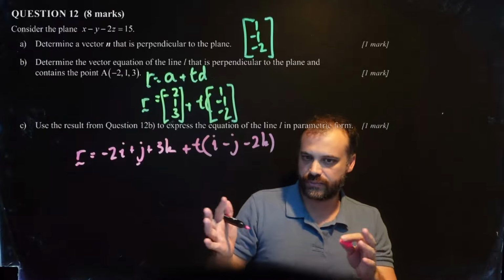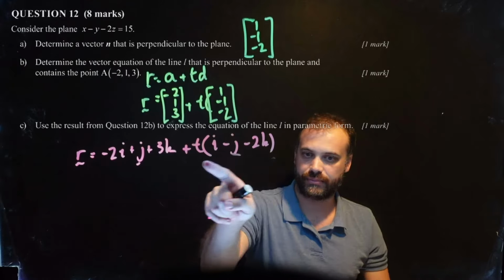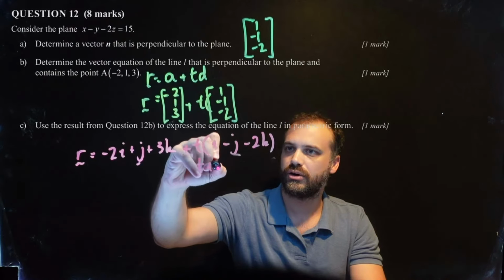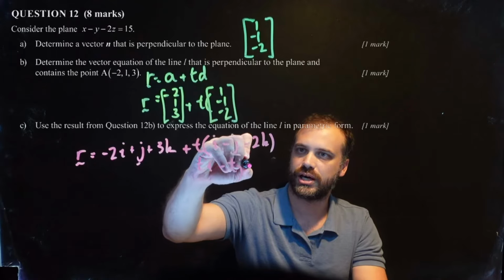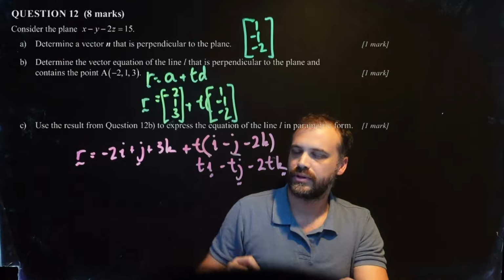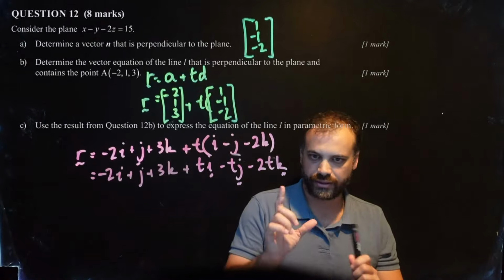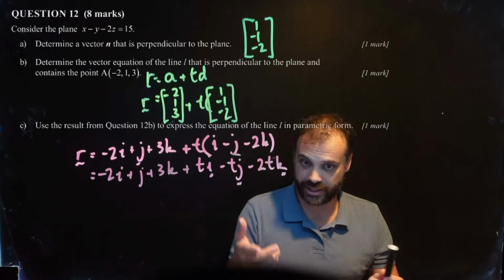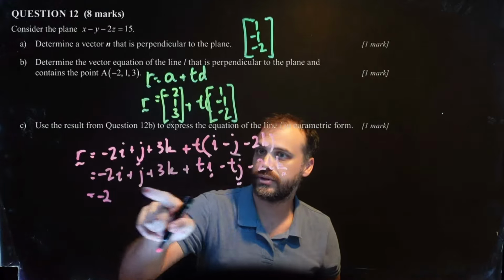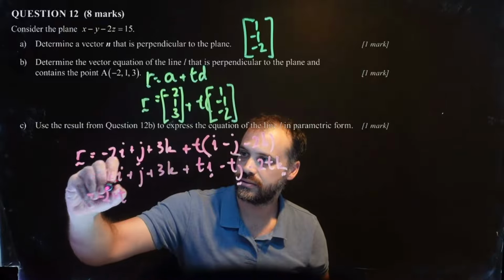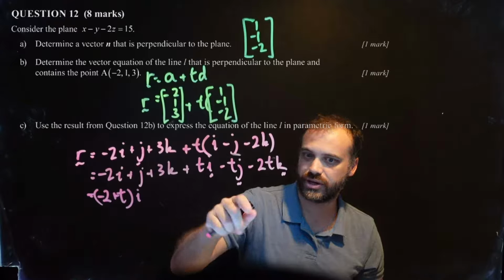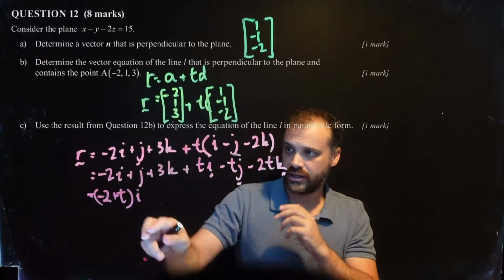Going a step further, I can expand that bracket, which is going to give me ti minus tj minus 2tk. And I've still got all of that. And then I can factorize the i's, the j's, and the k's. So I can say negative 2 plus t